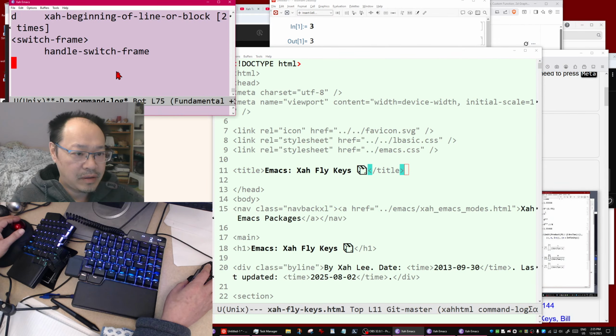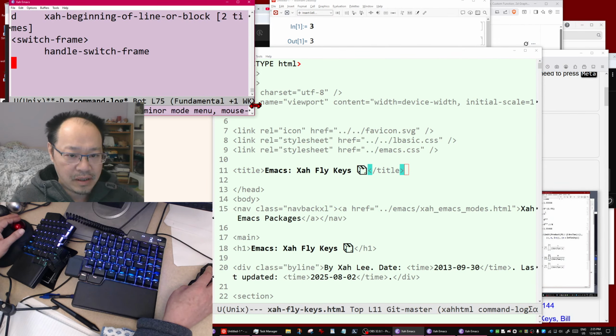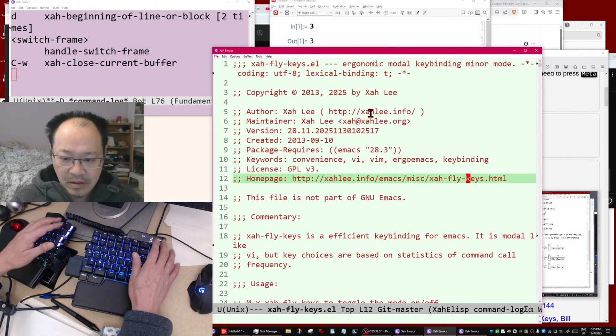Okay, so the font is really large. Okay, that's good. So close that,